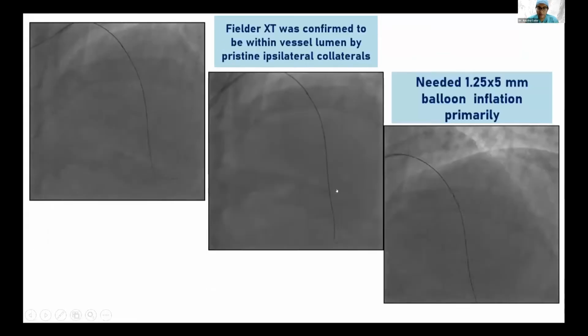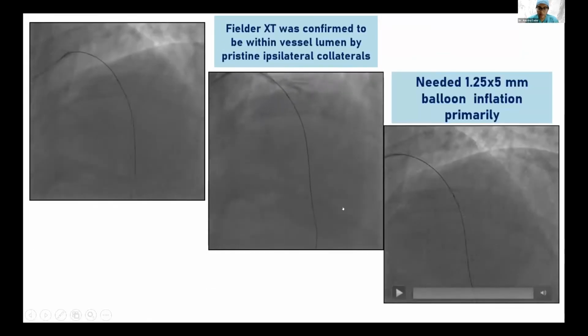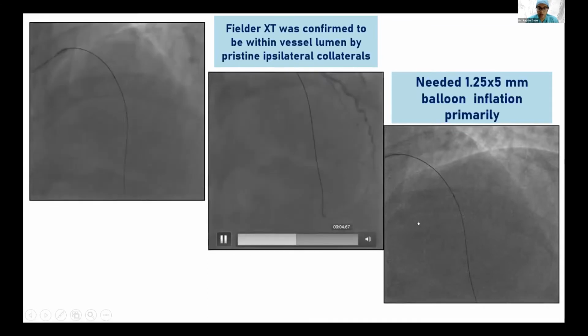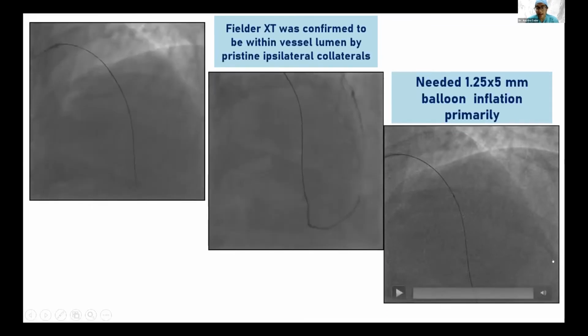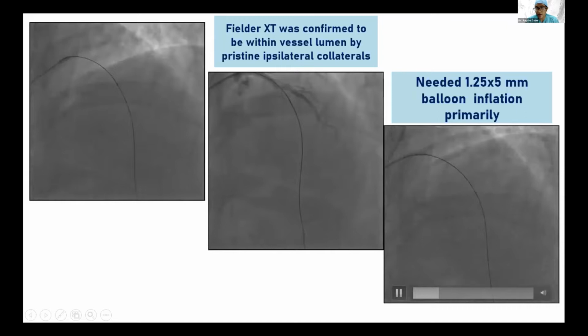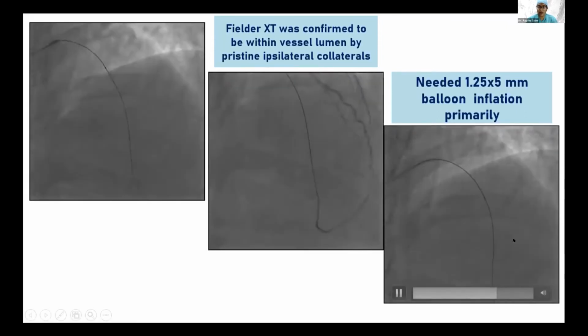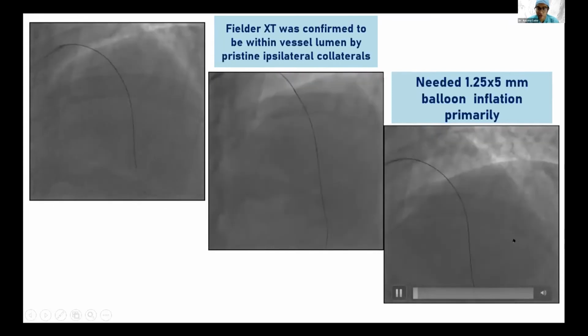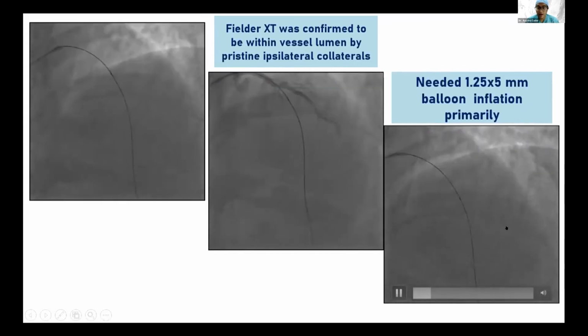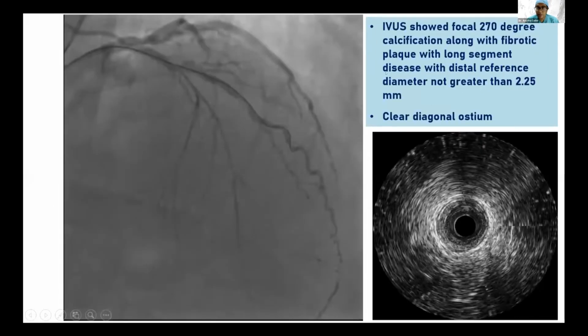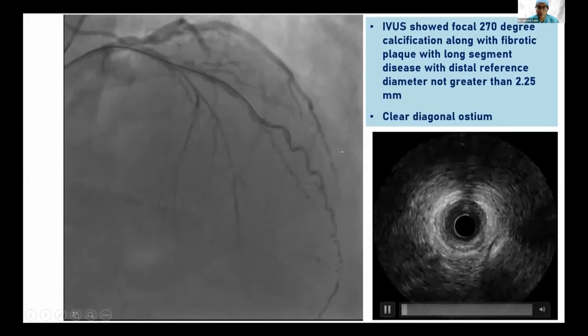This was confirmed by the presence of pristine ipsilateral collaterals extending from the diagonal, which is why we did not need a dual injection in this case, followed by a 1.25 by 5 millimeter balloon, that is, the same balloon was used, where we needed a partial balloon inflation primarily in order to send an IVUS catheter down. And so we did take an IVUS down, which showed a focal